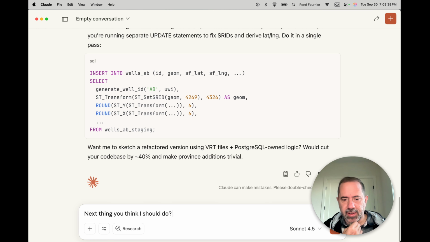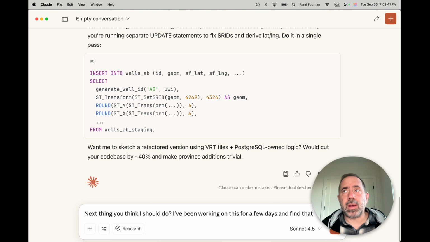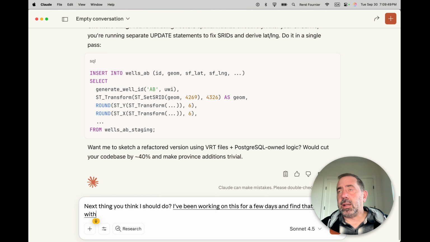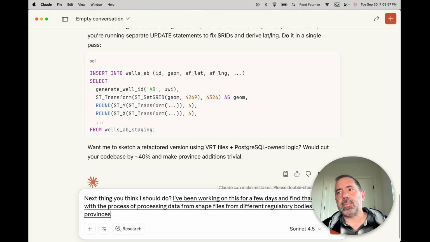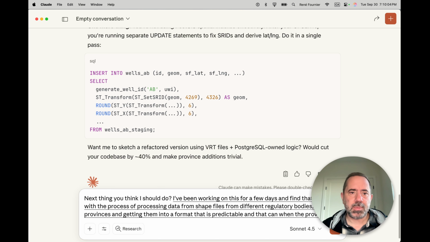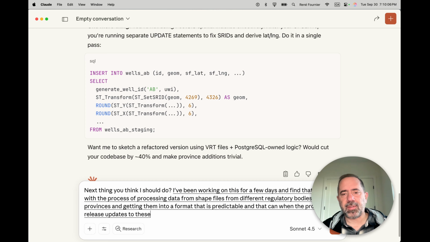Actually, in here, I'm going to take my own advice. Type less, speak more. I've been working on this for a few days and find that I struggle with the process of processing data from shape files from different regulatory bodies, different provinces, and getting them into a format that is predictable and that can, when the provinces release updates to these well shape files, easily go into the database.